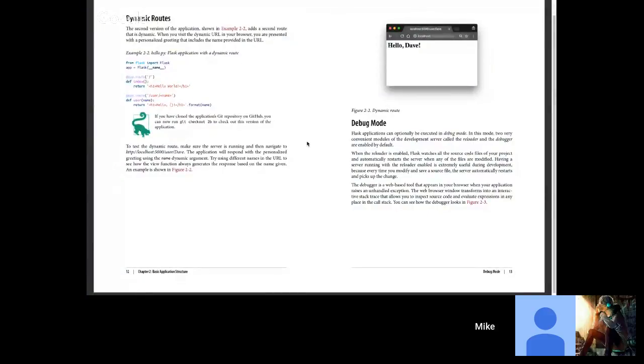So, dynamic routes. The second version of the application shown in example 2.2 adds a second route that is dynamic. When you visit the dynamic URL in your browser, you're presented with a personalized greeting that includes the name provided in the URL. So this is example 2.2,